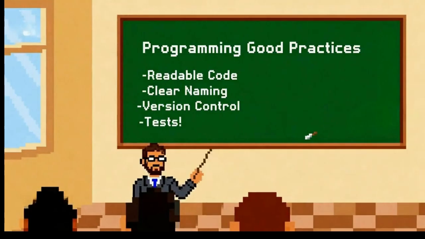Doubling the input size barely increases the time at all. The difference between these complexity classes becomes dramatic with large inputs. If you're processing 10 items, it doesn't matter much whether your algorithm is O of n or O of n squared. But if you're processing 1,000,000 items, the difference between a linear algorithm and a quadratic algorithm is the difference between seconds and days. Sometimes the best optimization is to use a better algorithm rather than trying to make your